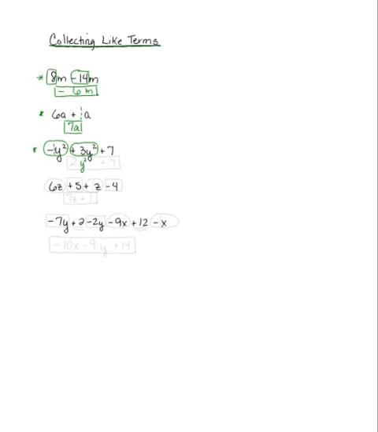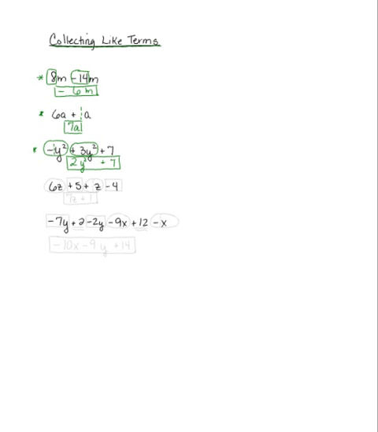And then you do the same thing you've always done with the numbers. So you have negative 1 bad guy, and then you have 3 good guys. So you're going to end up with 2 good guys, and so you've got 2y squared as your label there. Since 7 is not like, we have to just keep it, and that is as far as you can go, since they are not both y squareds.